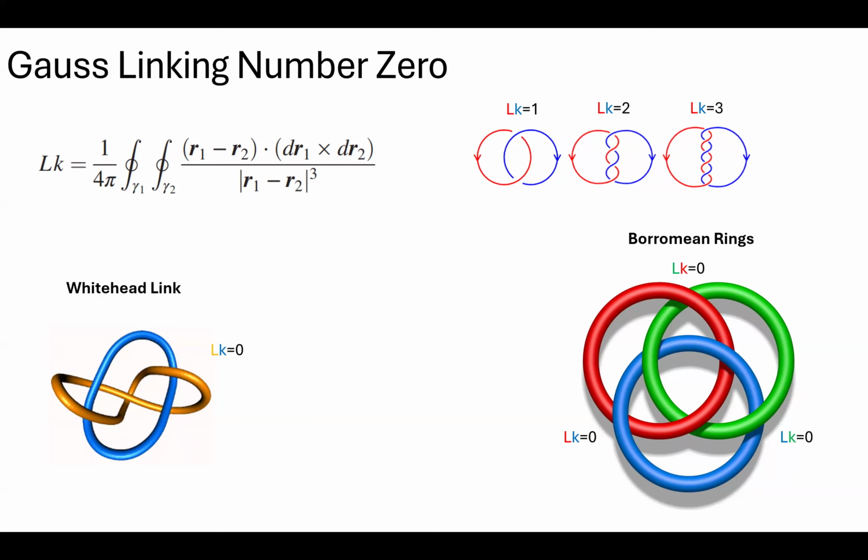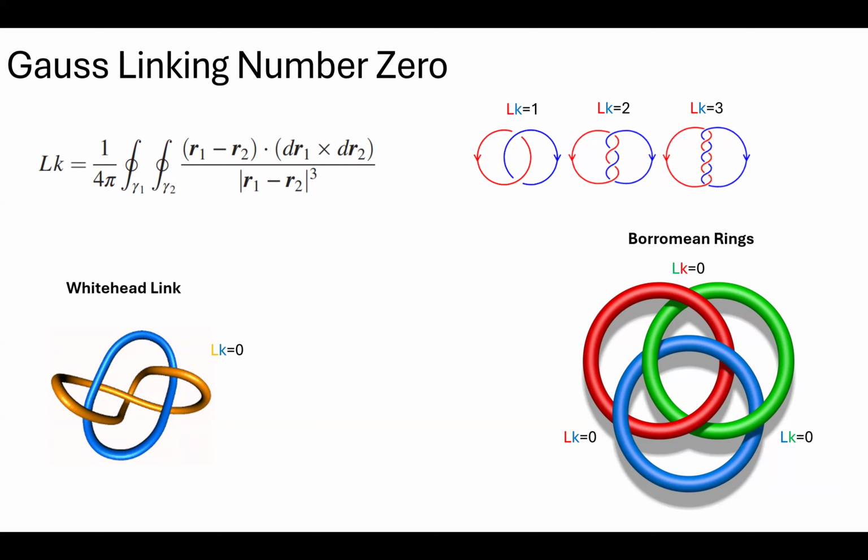More commonly known are the Borromean rings. So these are 3 linked rings where no 2 rings are linked to each other. So you see orange, or red, is on top of green, blue is on top of red, and green is on top of blue, but you still can't pull them apart. But if you remove one, the other two can be separated.